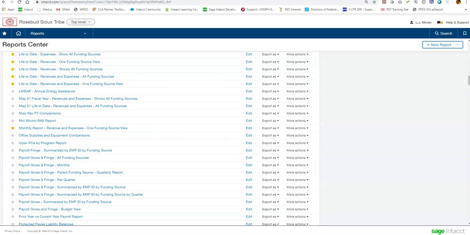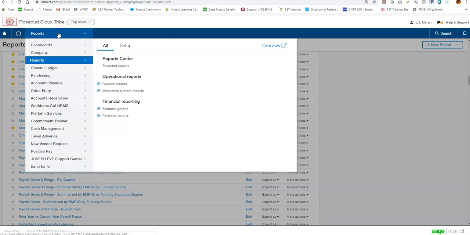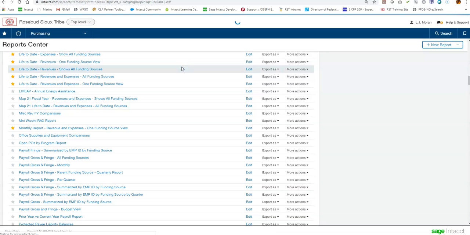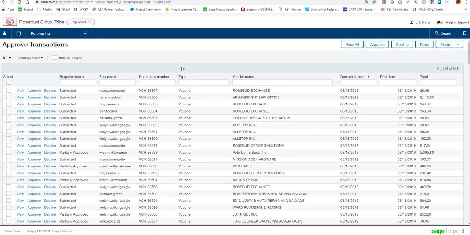So let's jump into Intacct. And we're going to come up here to the top. We're going to go to Purchasing. Under Other Transaction Activity, click on Approved Transactions. So depending on your access, of course, your list will probably look a lot different than this. These are the things currently waiting approval by pretty much anybody. But yours is going to have what's waiting for your approval of those other documents we've